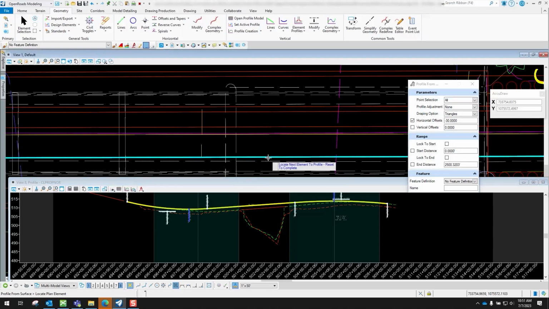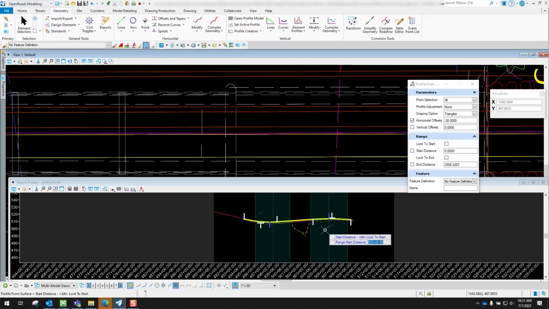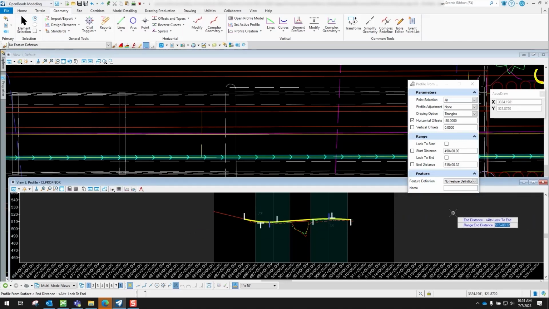Select the center line, right click to reset it since I'm complete with it. I'm using the terrain model that is active, so I'll just right click to reset that. If I start, I'll pull it all the way over, left click to accept it. For my end, I'll pull it all the way to the right, left click to accept it, and then just follow the prompts